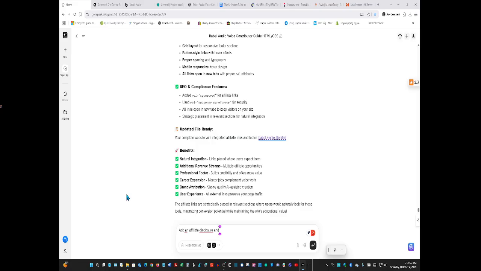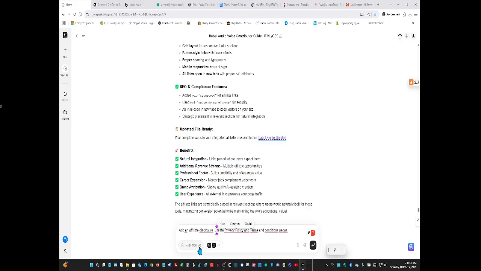Stuff. Disclosure, and create privacy policy and terms and condition pages. Disclosure. Okay, don't put an and. That'll mess up the prompt.